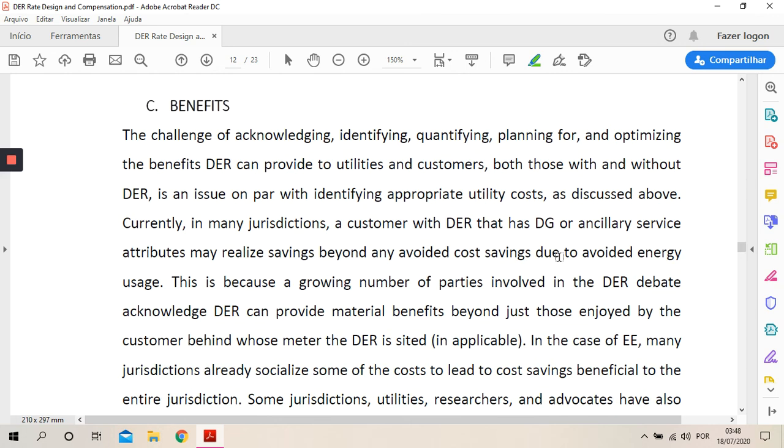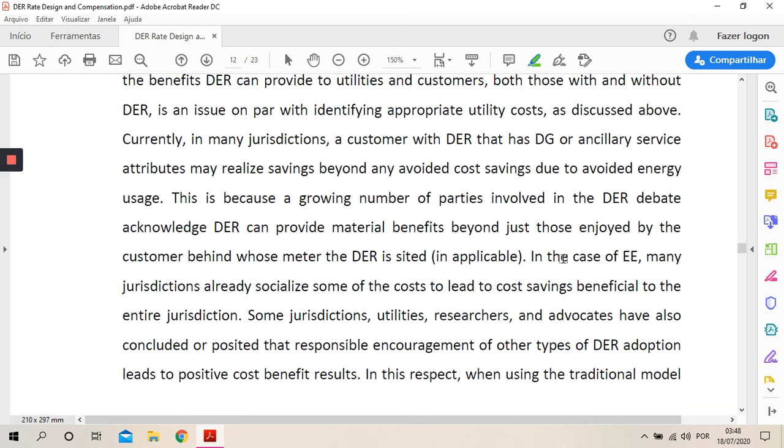Now let's see the benefits. Why is the ER beneficial? Let's try to solve this question to respond to it. The challenge of acknowledging, identifying, quantifying, planning for, and optimizing the benefits of the ER can provide utilities and customers, both those with and without the ER, is an issue on par with identifying appropriate utility costs, as discussed above. Currently,